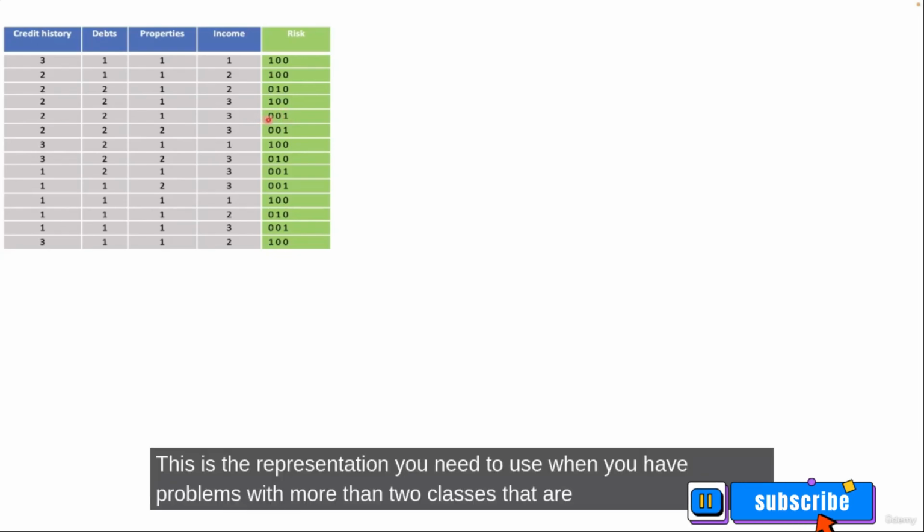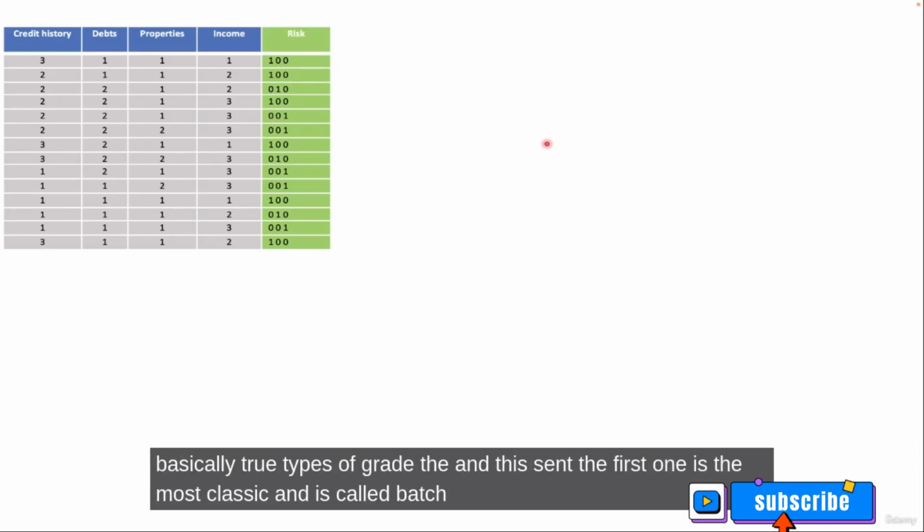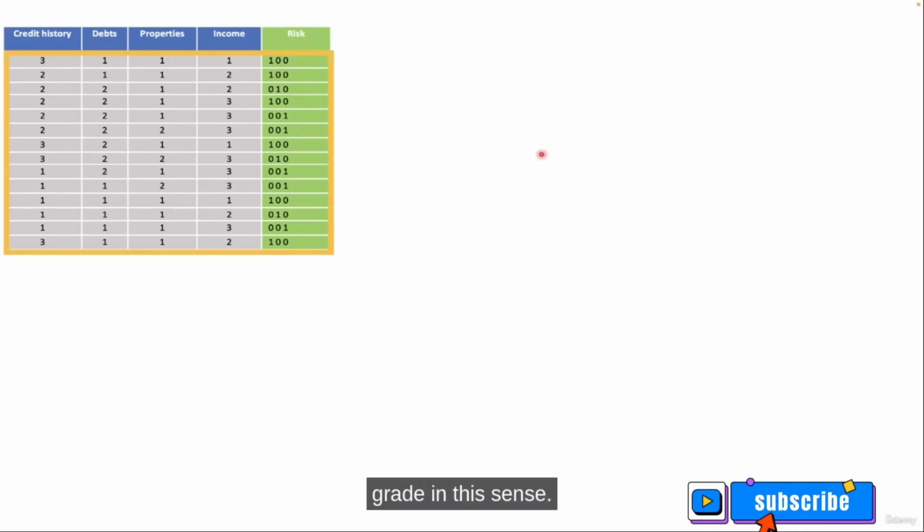This is the representation you need to use when you have problems with more than 2 classes. There are basically 2 types of gradient descent. The first one is the most classic and is called batch gradient descent.